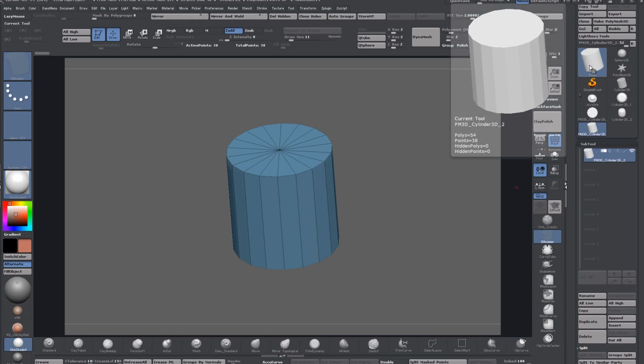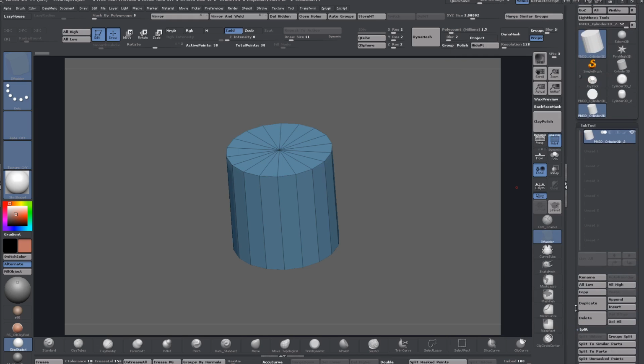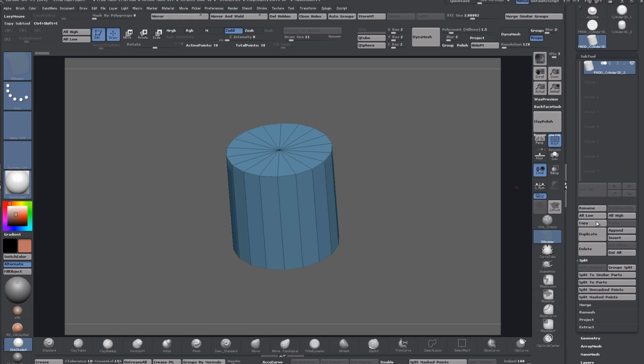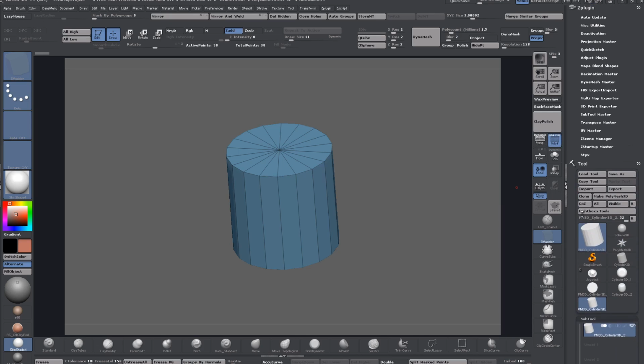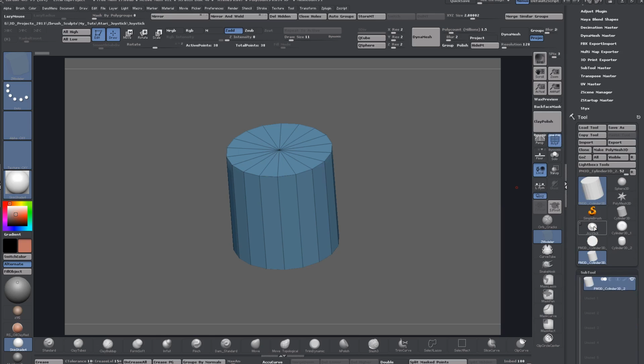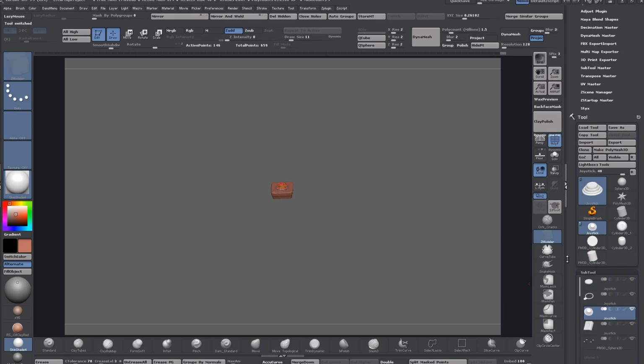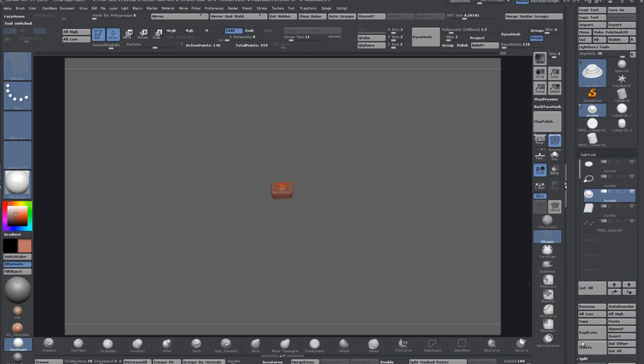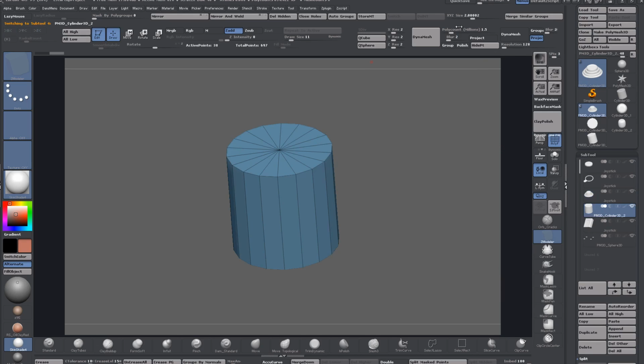Instead of appending, we can just copy and paste in ZBrush from tool to tool. So copy, and then just go back to our joystick, back down the subtool list, and just paste that in, and alt click on it to activate it,